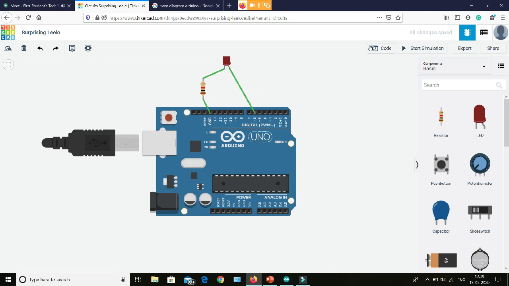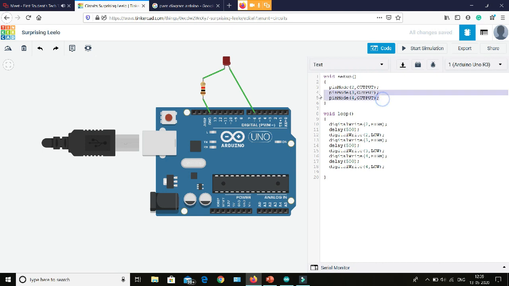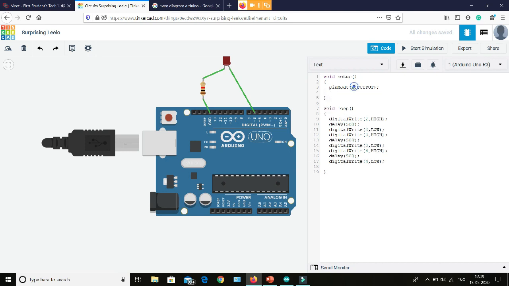We are using digitalWrite in order to write a digital signal to the Arduino pins. Now, in order to write the PWM part, we have to write analogWrite. These are pre-made functions provided by the Arduino itself.